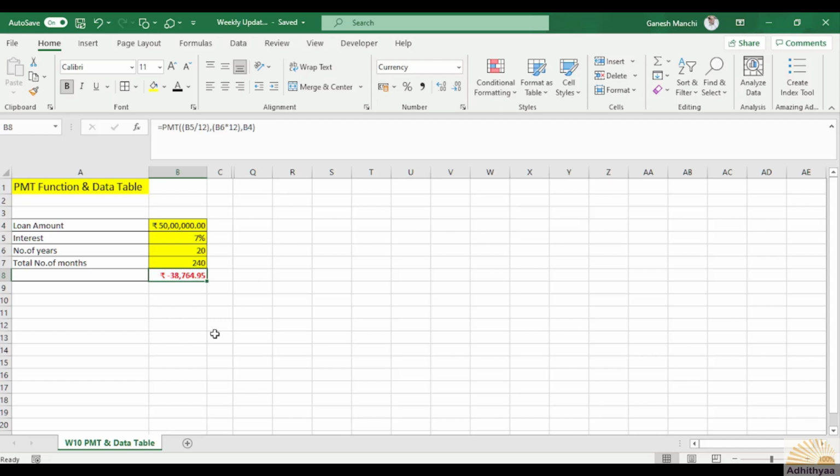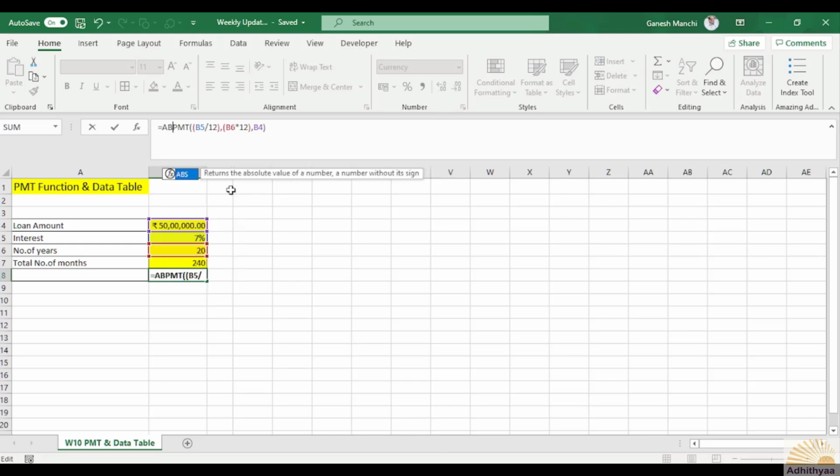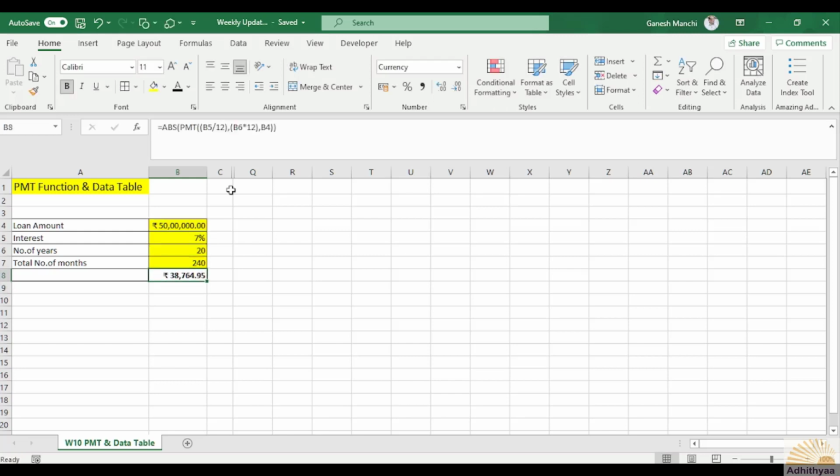To convert any negative value in Excel into a positive one, you have to use the function called ABS, absolute value, ABS. Open bracket, go to the end and then close the bracket. Now the negative number has been converted into a positive number.